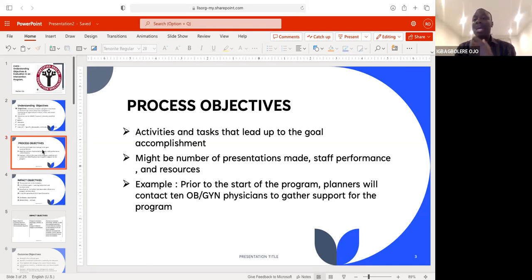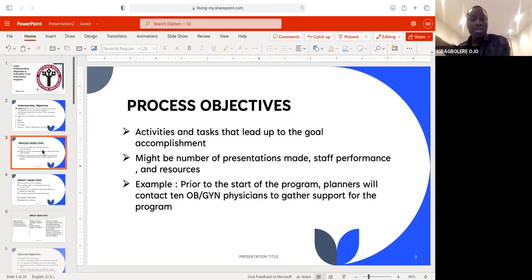So just as the name implies, I love to say a process objective is a build-up objective. It's an objective that allows you to build right from the scratch. So it's more like you are going from a place of needs assessment and you're ascending into the main objectives